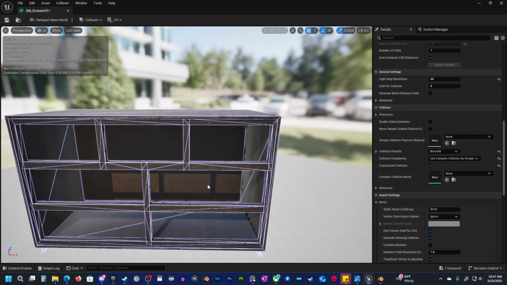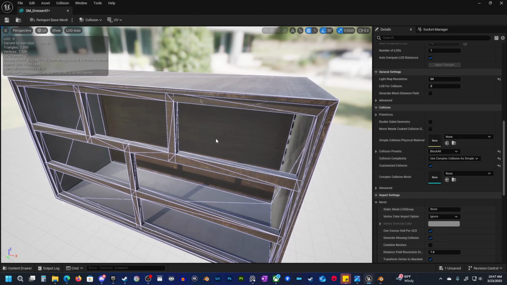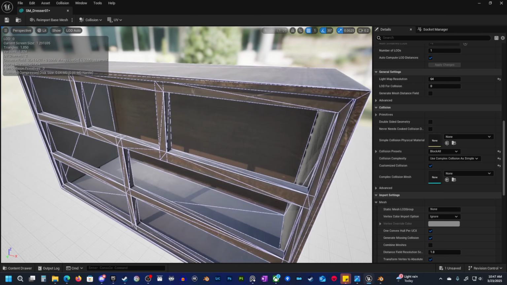Okay, so now it still has collision, but these open areas will be able to have our line trace go